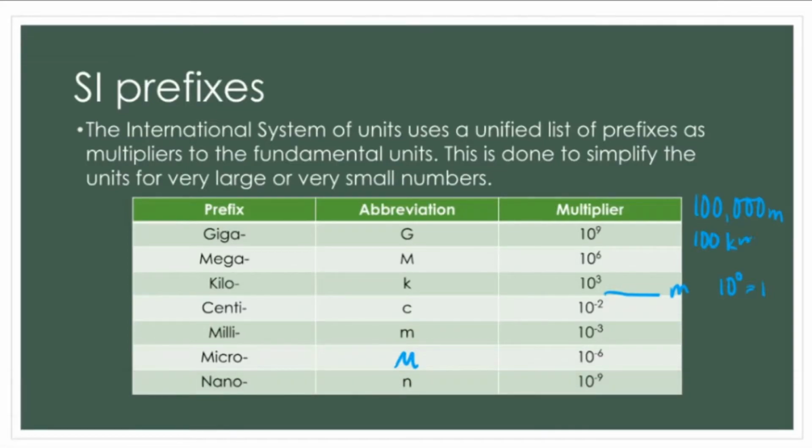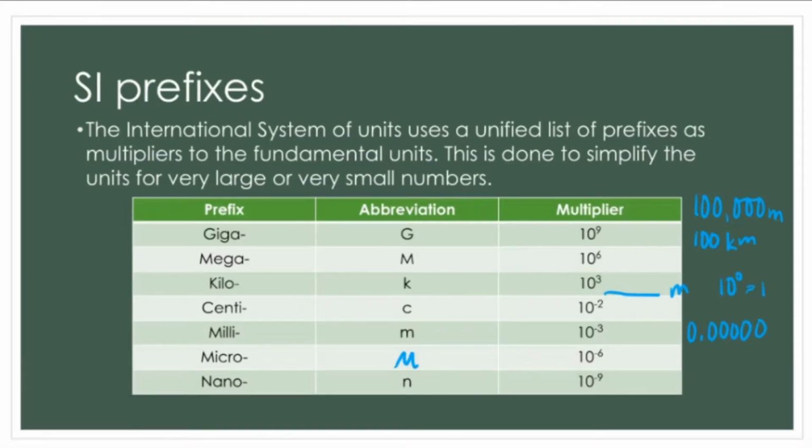We used the prefix kilo with a symbol of small k, which means that we are attaching a multiplier of 10 raised to 3 or 1,000. This also works the other way if we want to represent a very small value of length, such as when we are talking of cells or even atoms. Let's say, for example, that we have a dust particle which measures